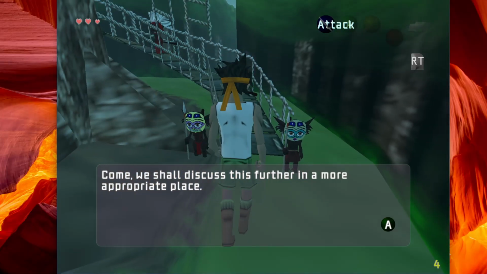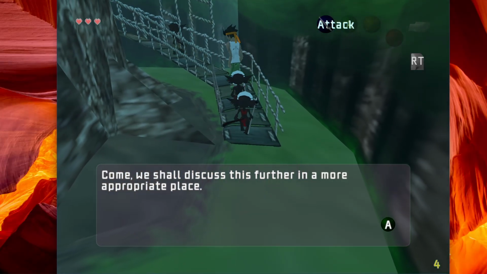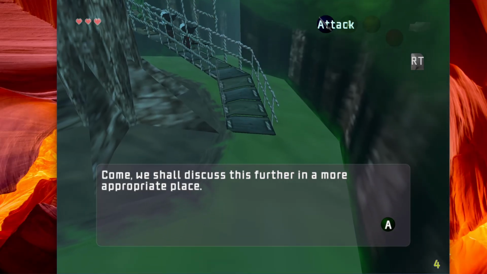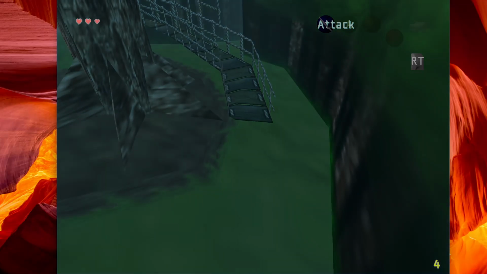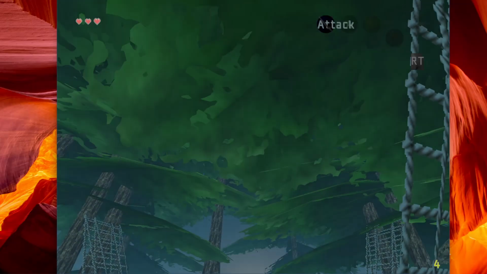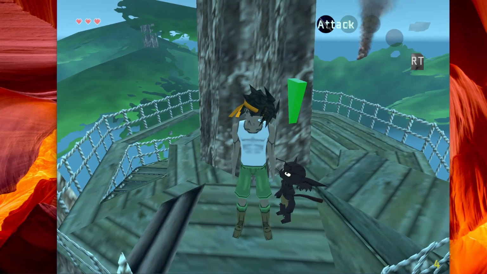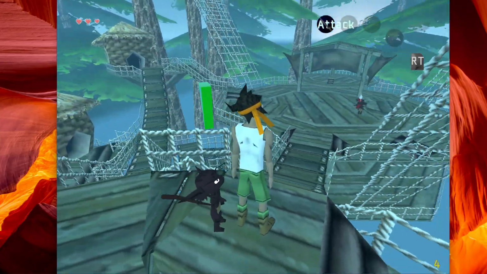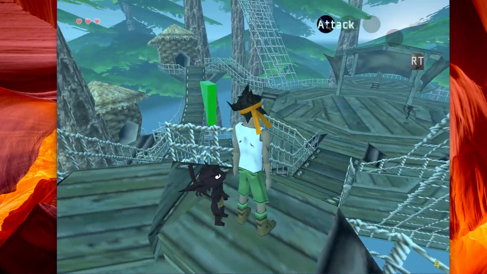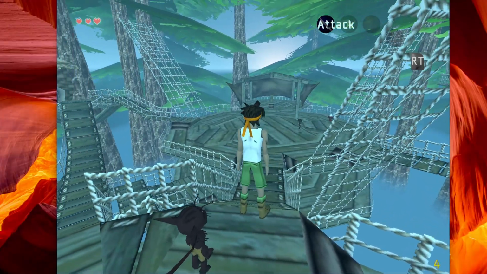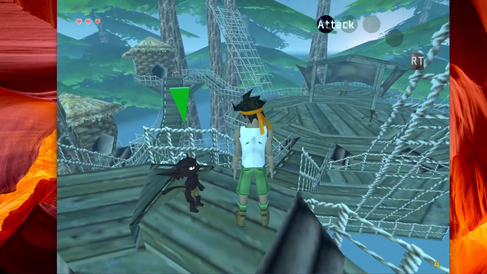Oh yeah, and also, he's not doing that thing where he walks through the ground anymore. And now, as soon as it fades out, the next scene is loaded. This is still broken. So what's supposed to happen there is there's supposed to be a cutscene where